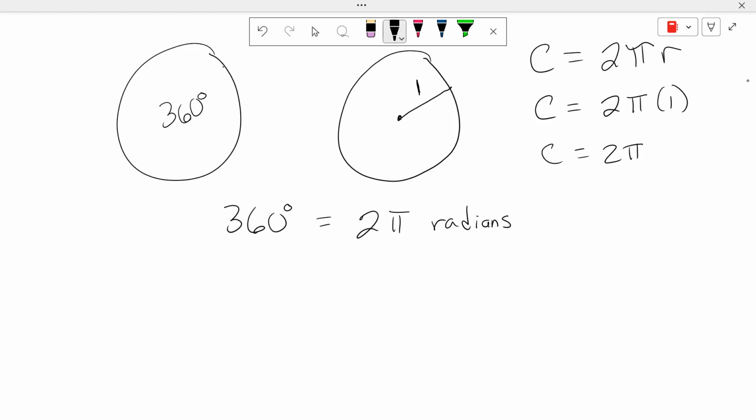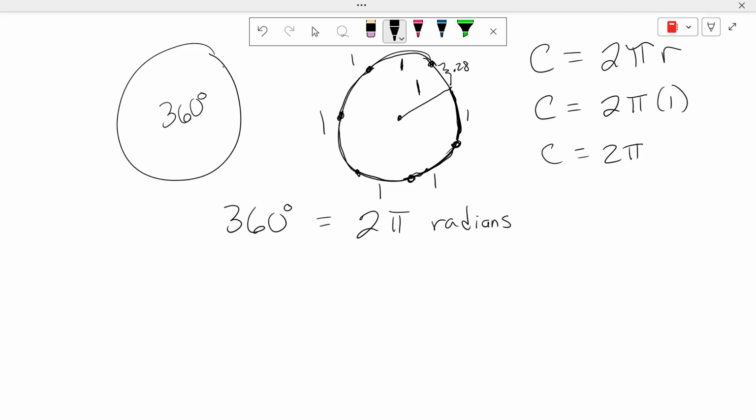Well, if the radius is 1, this arc length is about 1 to get to there. And then another 1, and another 1, and another 1, and another 1. Okay? 1, 2, 3, 4, 5, 6. And then there's a little left over, which is about 0.28. So 6.28